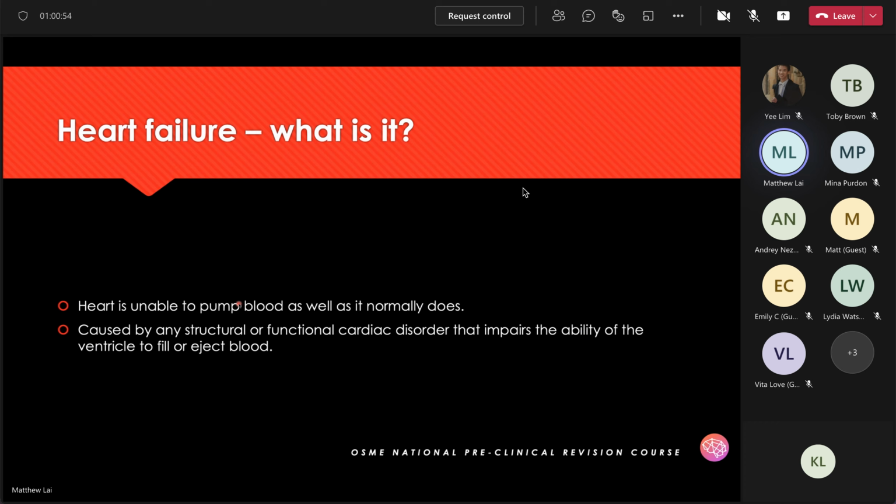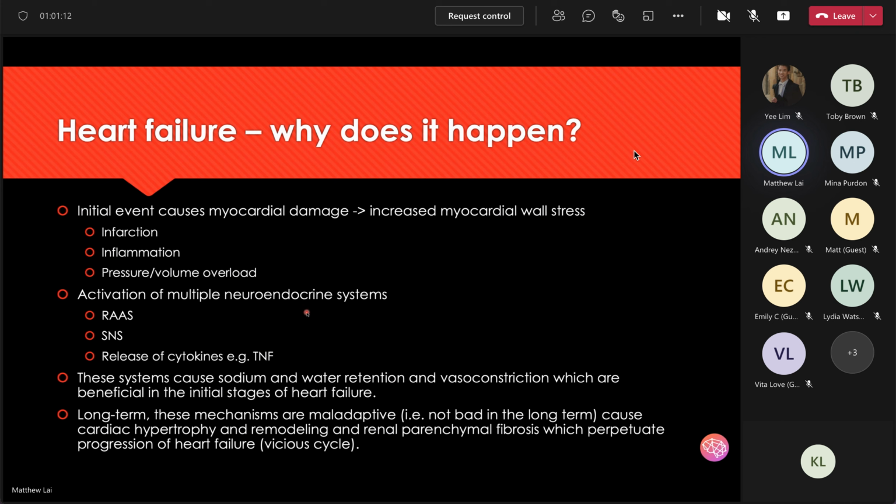Why does heart failure happen? Well, we think an initial event causes myocardial damage, which results in increased myocardial wall stress. And the event could be any of these three things. This leads to the activation of multiple endocrine systems, such as the renin-angiotensin system, the sympathetic nervous system, and the release of cytokines. And whilst these systems are beneficial in the initial stages of failure because they act to try